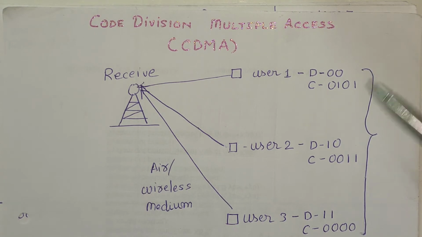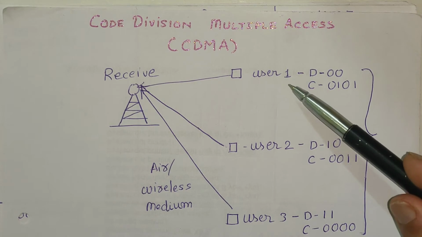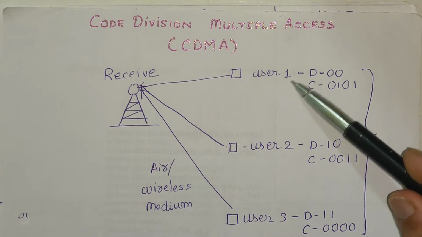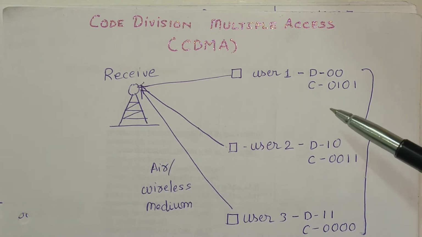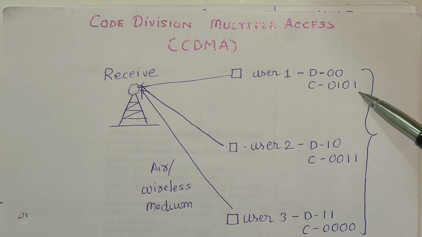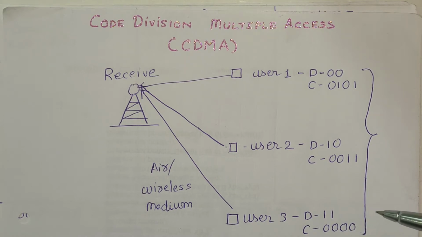So this multiplexed data needs to be received by the receiver. From there the receiver is going to extract data for the individual user. For example, if you want to extract data for user 1 from the combined signal at the receiver side, you are going to use the code word 0101. Fine. If the receiver wants to extract data for user 3, then it will simply use the code word which has been there for user 3, that is 0000, right? So this is how the overall process is going to take place.